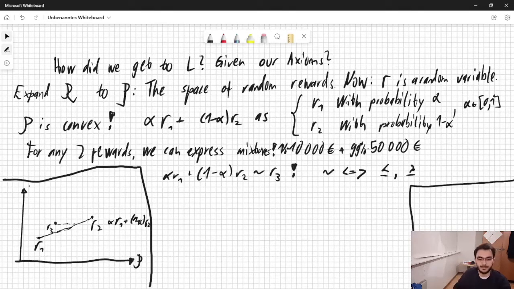They're on the same level. And this is a consequence of two axioms. The first one is that we're indifferent under additional options. So if we have R1 and R2, and R2 is preferable over R1,